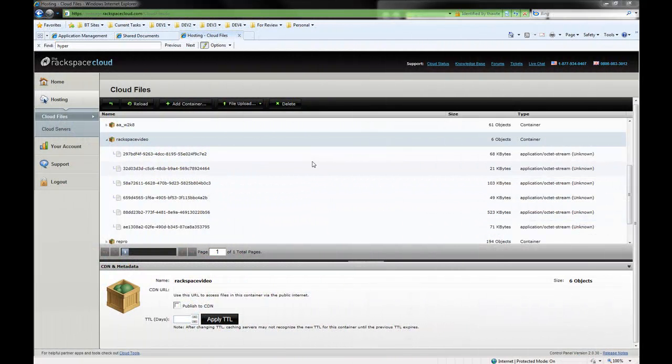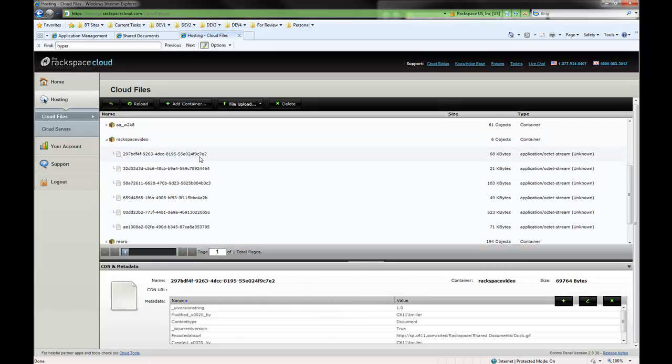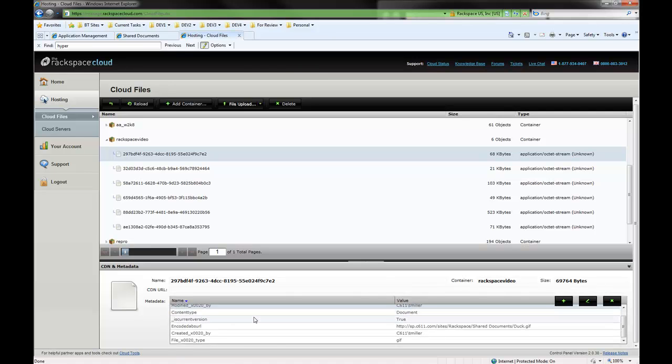The metadata from the SharePoint document libraries is also propagated to the Rackspace Cloud. So if I go into my web application again and I click on one of these blobs in the Rackspace Cloud, I can see that the metadata from SharePoint has in fact been propagated and is attached to that object. This is the duck picture that's in my SharePoint document library,